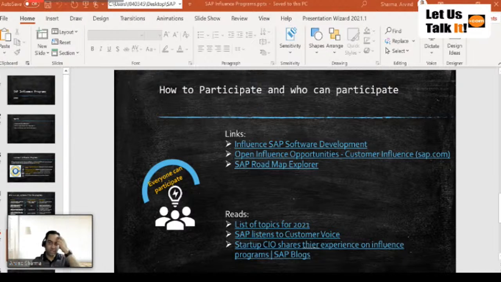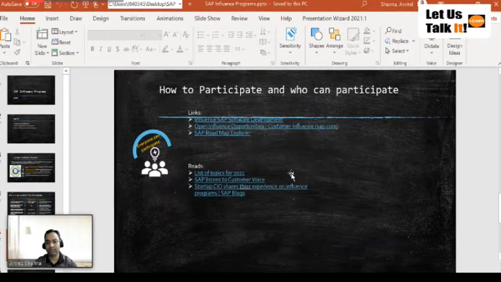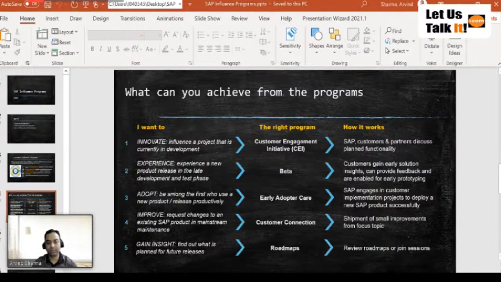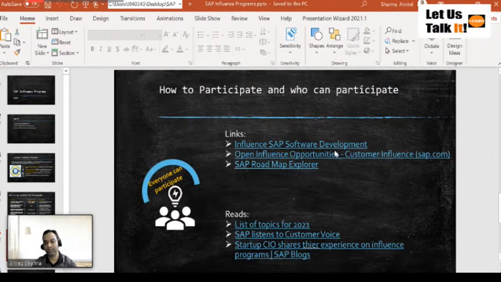In a similar way, the other programs are also listed. What happens in an ongoing way is you get to see the list of topics which has been listed, the opportunities, and then you can also look into the roadmaps. So in the roadmap explorer, you can come to know what are the new topics which are coming on. You can choose the topic